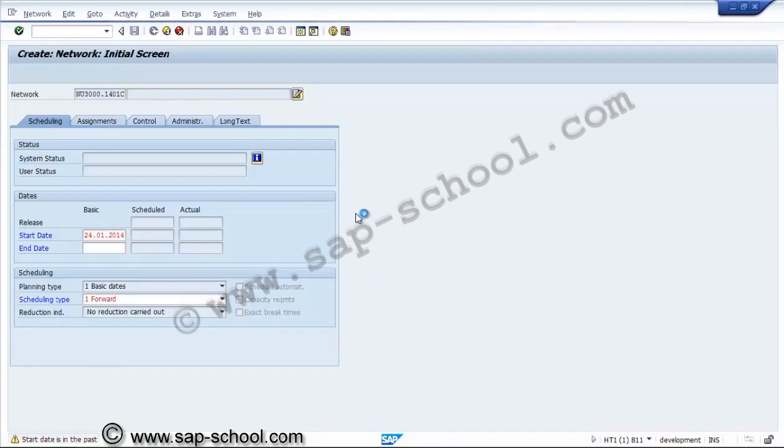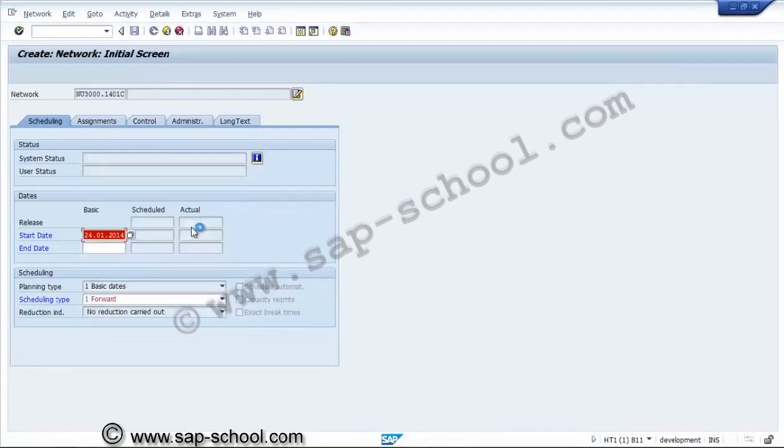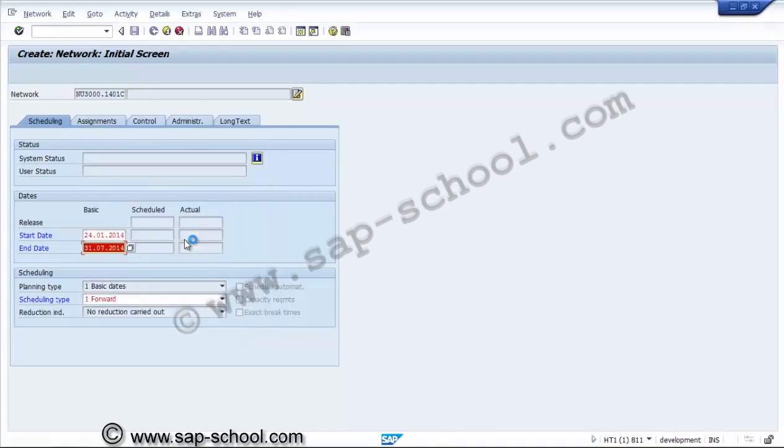We can consider the start date from this to, we can say the activities will last until 31st July. So these dates we have assigned. Start date is in the past, the information has been given.